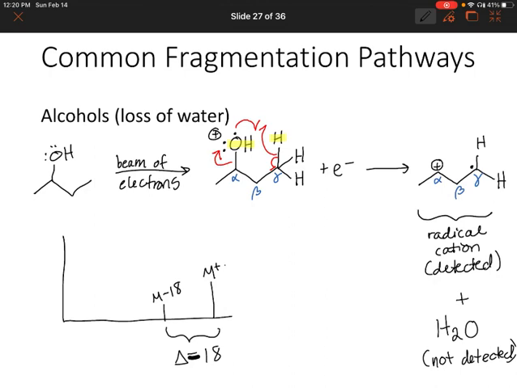All right. So now let's look at another common fragmentation that can occur, and this time we're going to look at an amine. So remember, amines have a nitrogen. So if an amine enters a mass spectrometer,